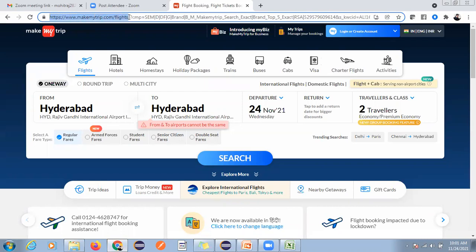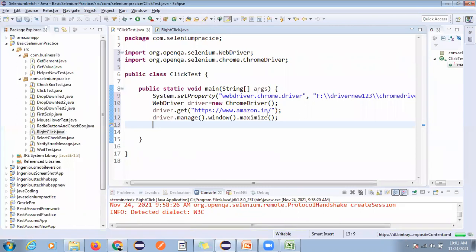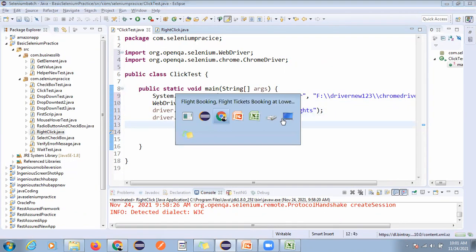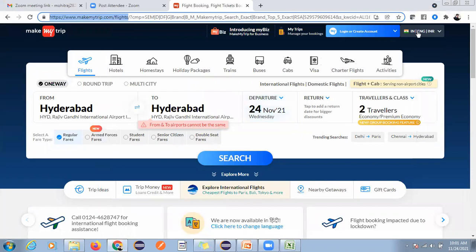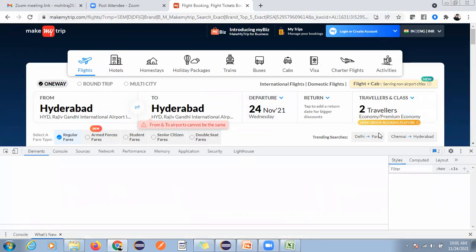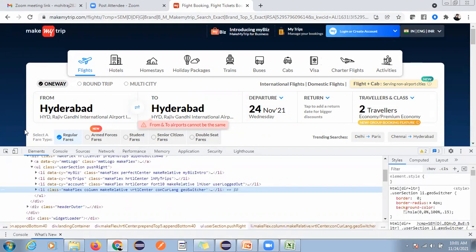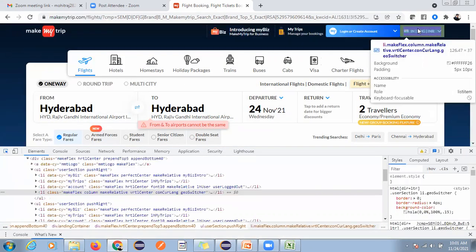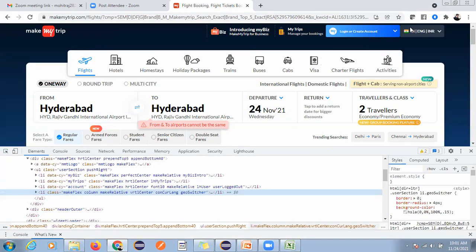Okay, and change this URL, and we will find the element. So I'm finding the element for this. Okay, because I will click here, you can find any element, but I'm finding this one. Steps are same. Okay, so you can just find this element.